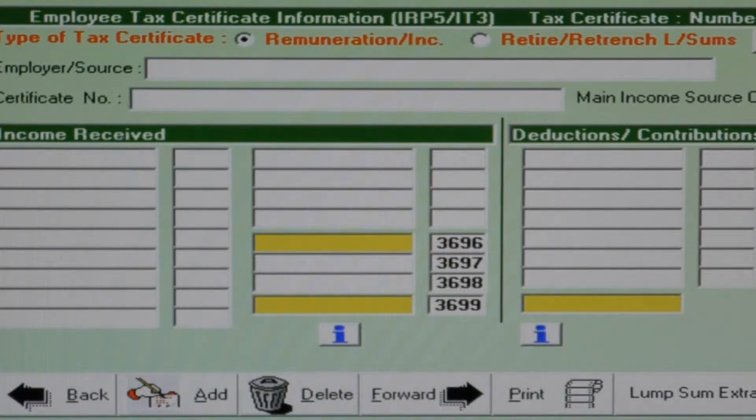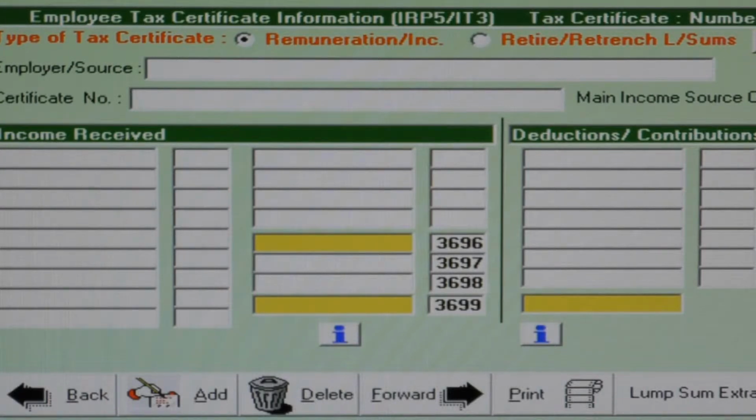This particular taxpayer was unemployed during the tax year, so there's no IRP5 information. Let's say this unemployed taxpayer lived off investment income during the year, but still contributed to his retirement funds. For taxpayers without IRP5s who pay their own retirement fund contributions, we can ignore this IRP5 form on the income